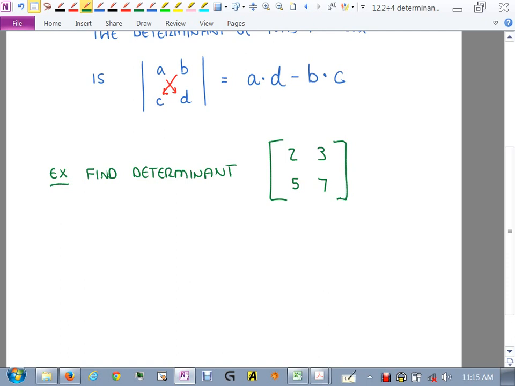There is a way to get a determinant of a 3 by 3 and even an n by n. It gets a lot more complicated. So we are not going to, well, we might do the 3 by 3. I don't know. We'll see. Let's see how this goes.